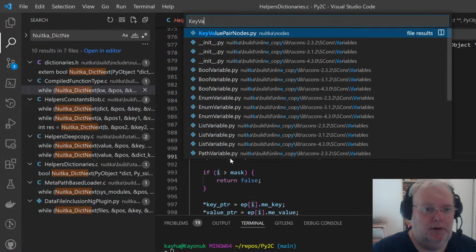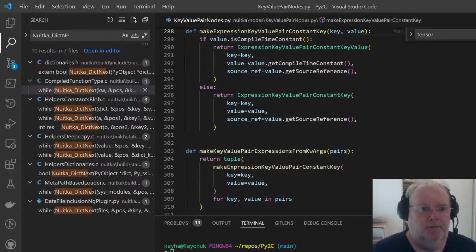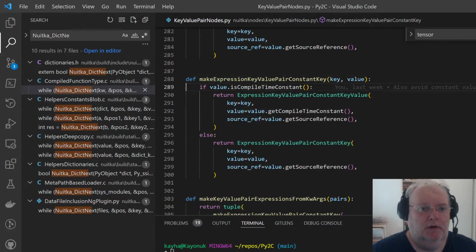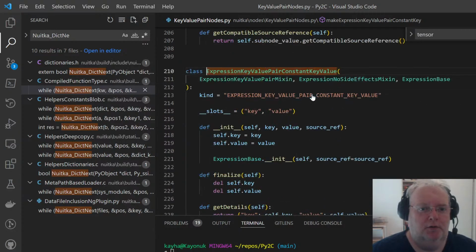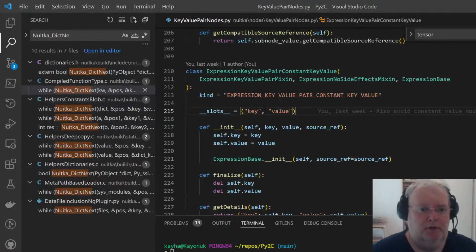Key value pair nodes are now in a different, actually... So key is already a constant here, and it creates a different one, and constant key value has no children that would be named children here.